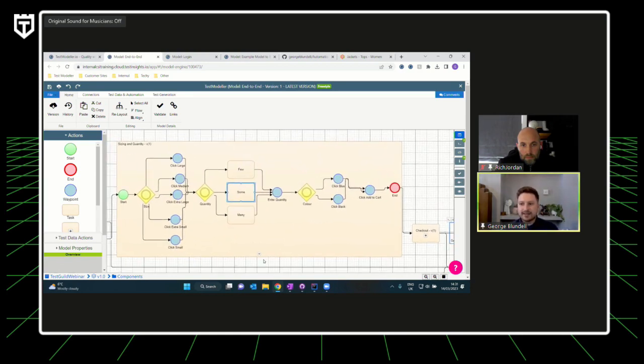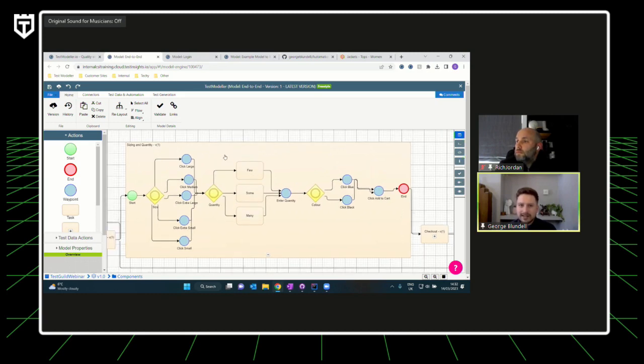Now, even by doing this, it gives the opportunity to capture some of the rules and some of the logic in a resource that is understandable by everyone, right? Instead of having that rule captured in a 500-page Word document or hidden in a Confluence page, you can have it in a visual flow, right? And you can begin to understand, okay, I can have these different options when I'm adding a particular product to the store.